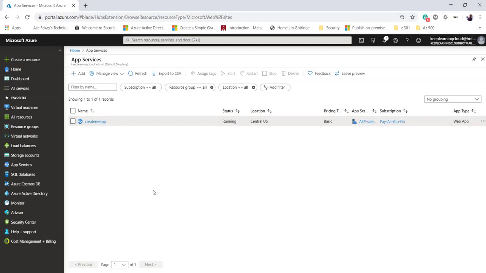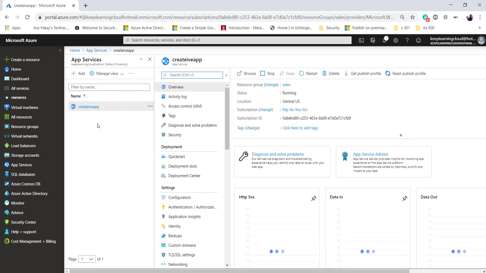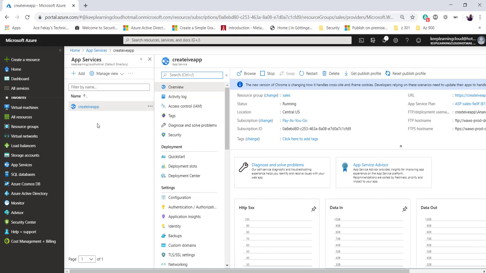All right, now my web app called Creative app is created and it looks like there's a typo here. All right, so I'll just ignore that typo at this moment and continue with the demonstration of the web app. So let's say my app called Creative app is ready, and what I want to show you is the auto